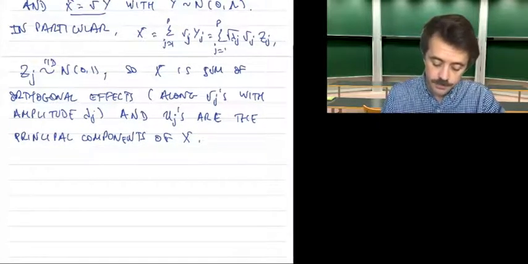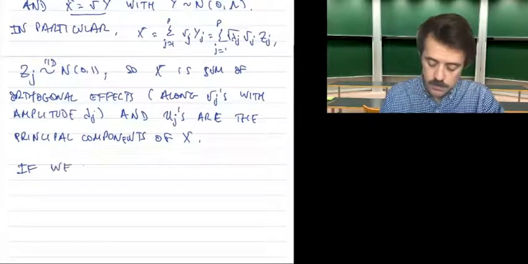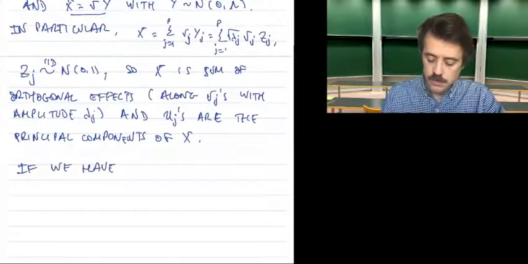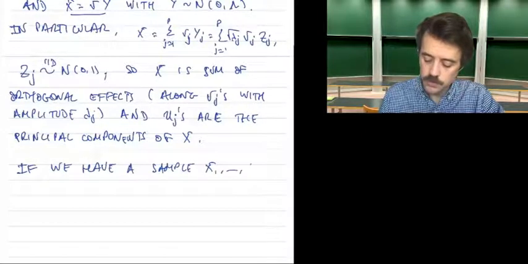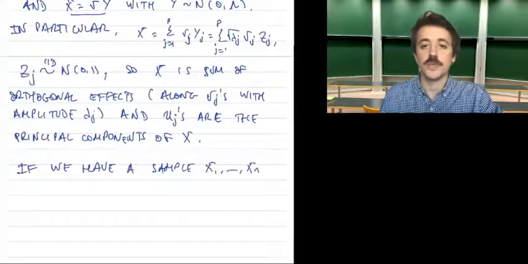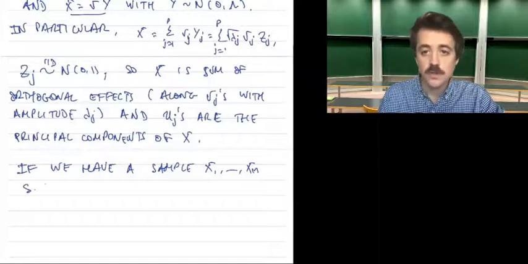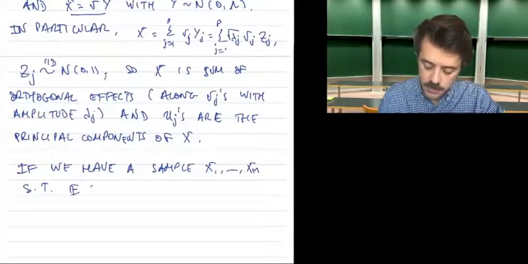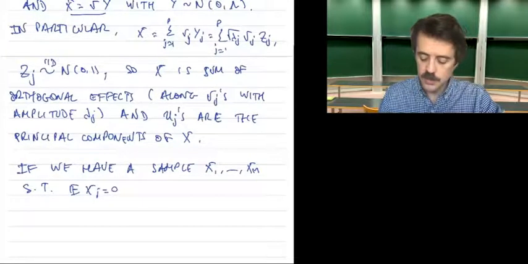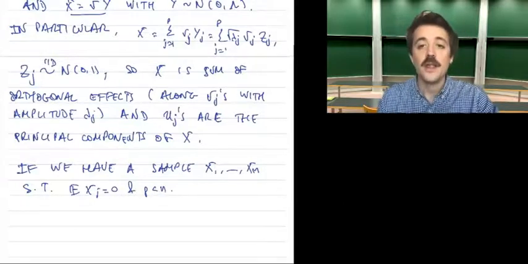So now we have a sample x1 to xn, something like some capital X. Let's say that each of these is centered again, and p should be less than n, then